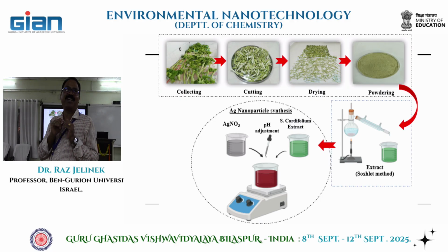If you search Google for SPR, surface plasmon resonance, based on it there are tremendous applications in sensing devices. In MSc first semester we have nanochemistry and nanomaterials. So just search SPR, surface plasmon resonance. There you will find